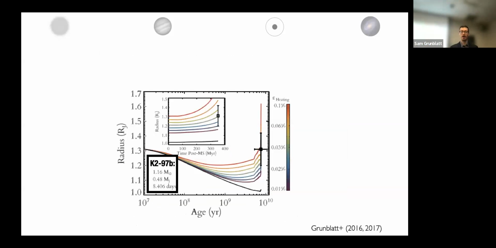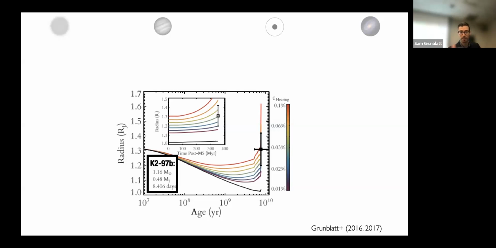And so here's just an example of a planet radius versus age, for K2-97b, which is a hot Jupiter around an evolved star, where we basically tried to figure out whether this planet has been re-inflated or not. And so the different lines on this plot, all of the colored lines correspond to different reinflation models with different heating efficiencies, whereas the black line below them is basically a delayed cooling model where there isn't any additional heating that's allowed in